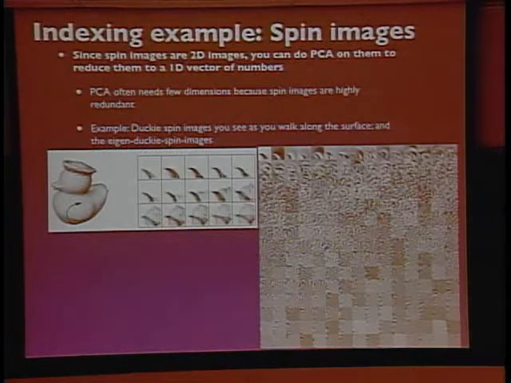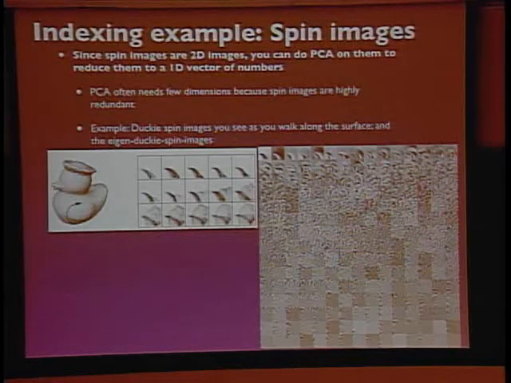Here's an example of an approach for indexing the database. In other words, doing this database optimization thing to try to speed up your queries. What I told you last time is that there are these things called spin images, which are essentially two-dimensional histograms